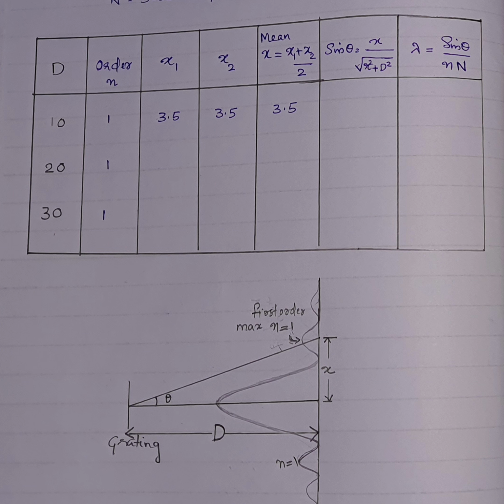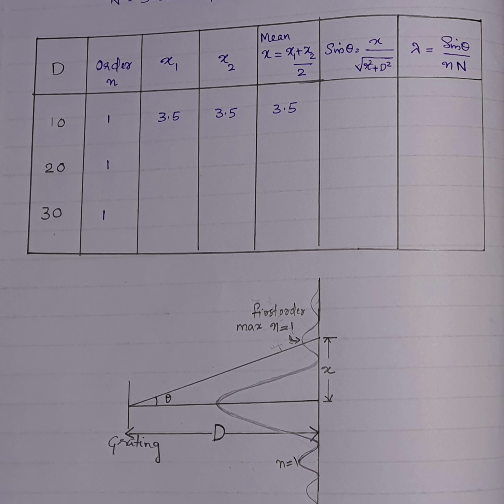And below the tabular column you can see the figure which shows the relation between theta and x. So by definition we have sin theta is equal to opposite side by hypotenuse, and this is a right angle triangle. One side is x and the other side is d. So you have the hypotenuse as root of x square plus d square, from which sin theta is equal to x divided by the hypotenuse, root of x square plus d square. And by using that sin theta you can find the wavelength of the given light source using the grating equation.